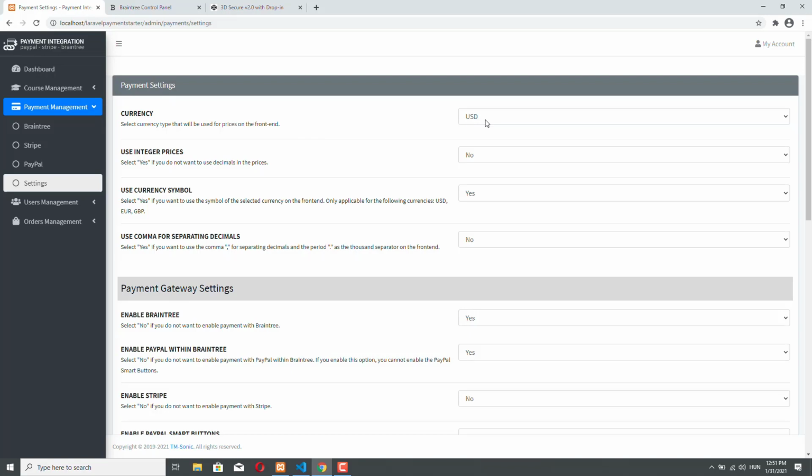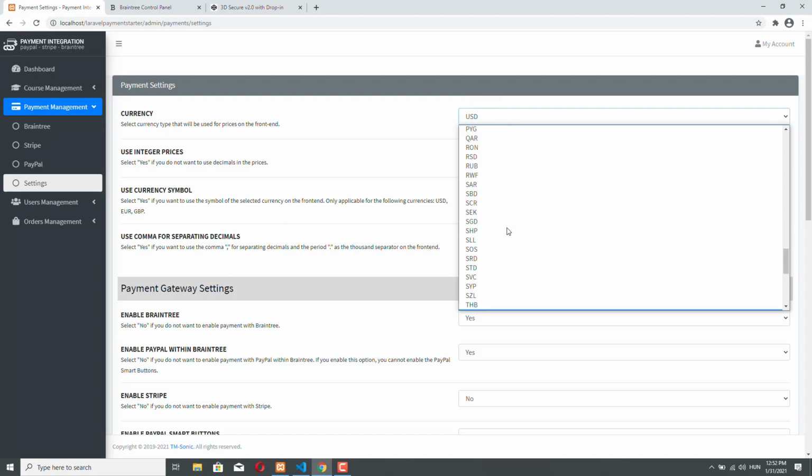If you don't, then on the front end you will see, for example, USD, but if your merchant account is in euros, then the customer will actually be charged in euros. So you have to be careful that your Braintree merchant account is in harmony with the currency that you choose here. There are a lot of currencies that you can choose, but let's stick with USD